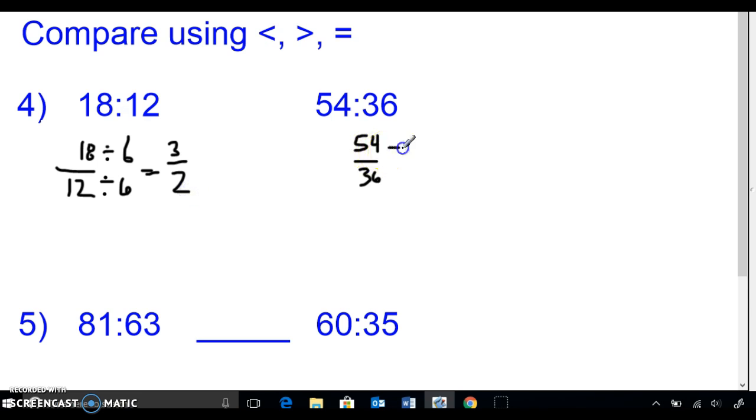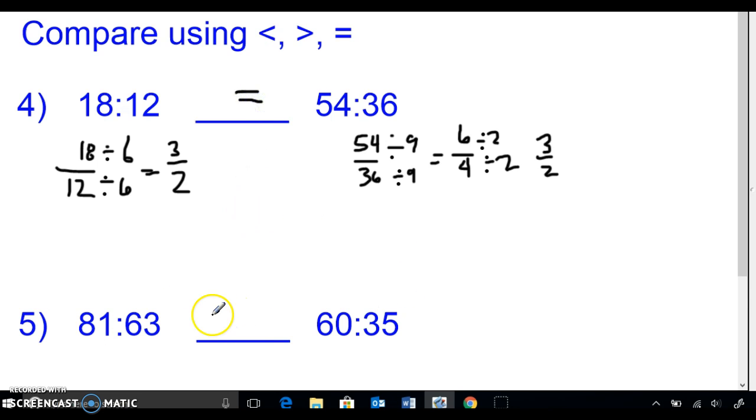And then over here, I can divide by 9. And when I divide by 9, I get 6 over 4. And then I could divide by 2 on both the top and the bottom, and that would give me 3/2. So I can see that both these fractions are equal, so you'd call these equivalent ratios or equivalent fractions. The next one here, I'd have